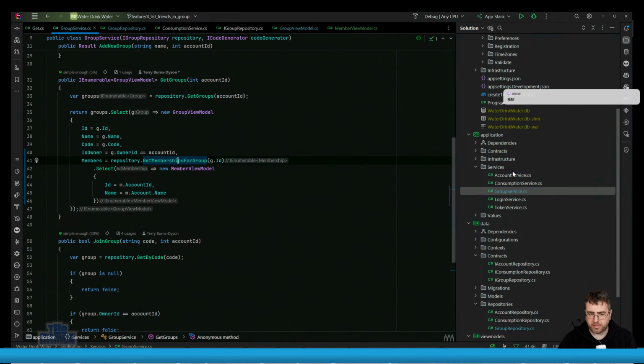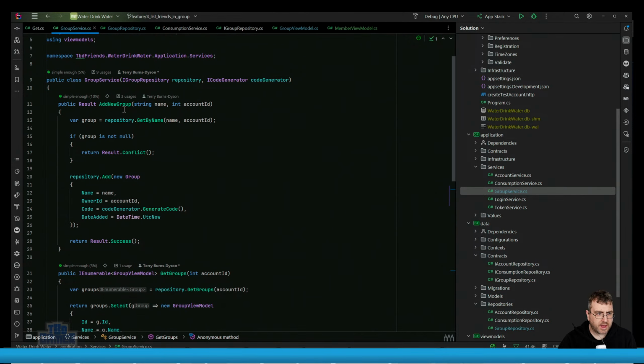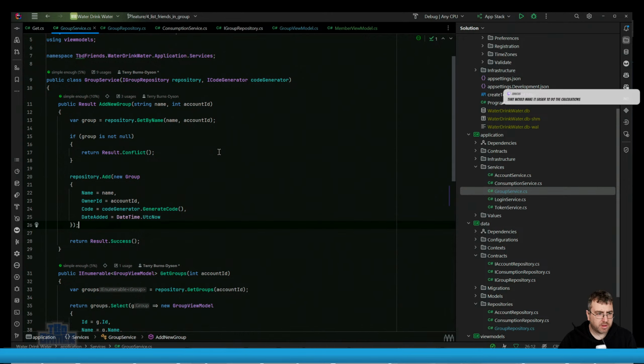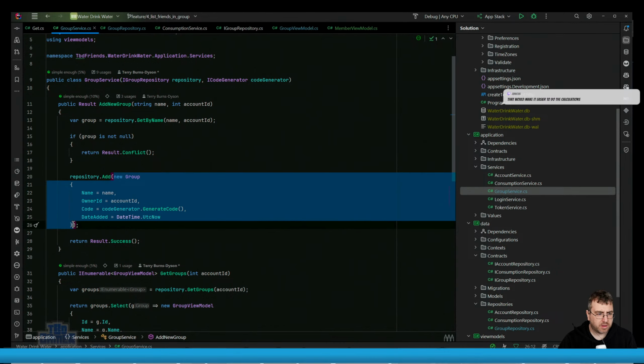So when we go to add new group, so we add the group. It wouldn't be easy to do calculations. The code is still valid for